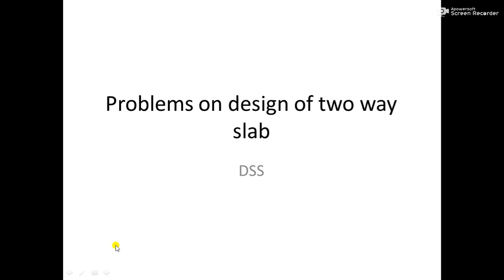So on the basis of this, you have to maintain regular notes of these design steps. That is, on one side there is a one-way slab, in the middle there is a cantilever slab, and last there is a two-way slab. You write down all the steps. That is, step number 1 is to calculate the assumed depth. Likewise, in each of the three parts you have to formulate all these things and study them.